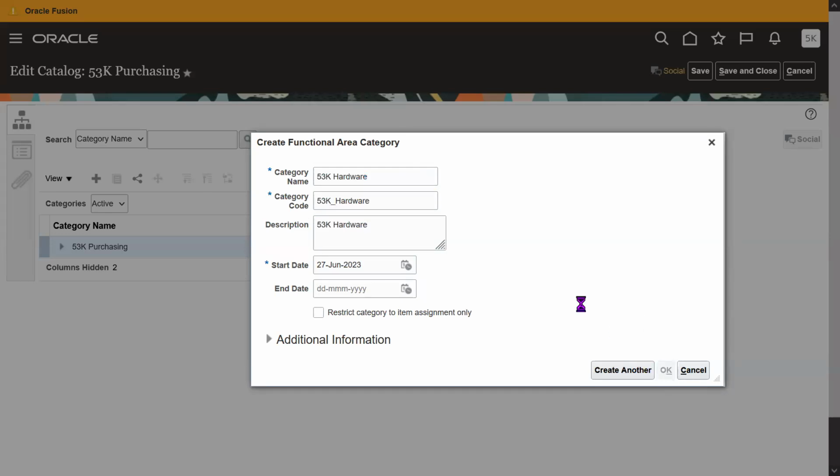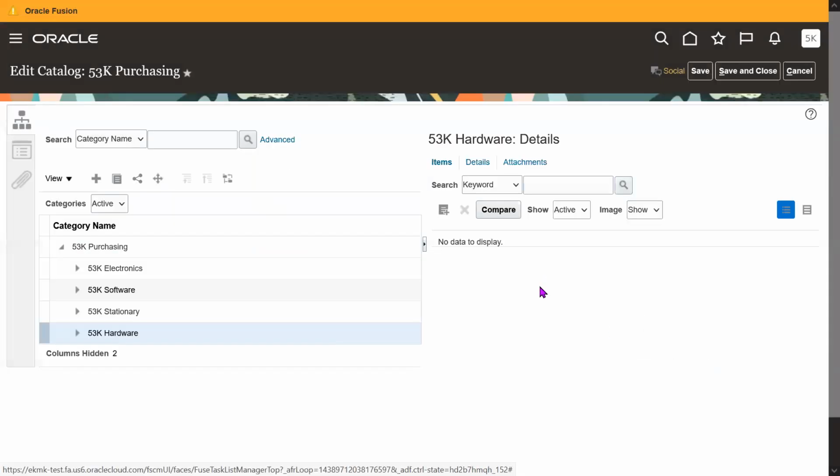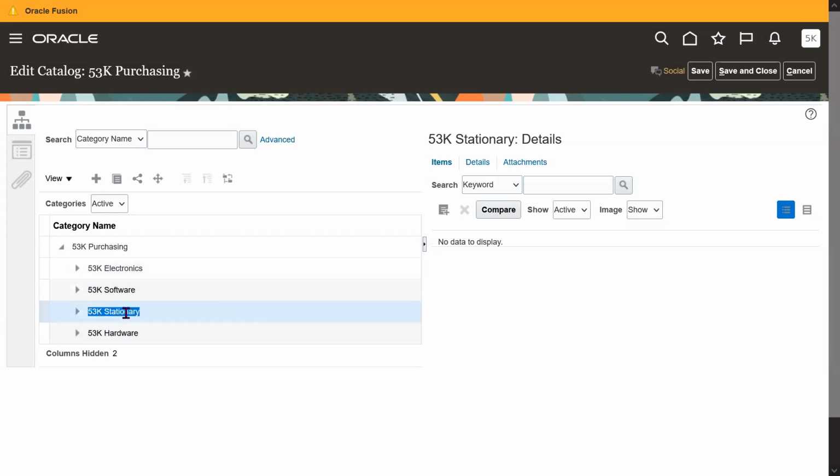So when you're creating a purchase order, item is not mandatory, category is mandatory. What category of purchases are you actually purchasing? Suppose you are purchasing A4 size paper or pens or scribbling pads, all of them fall under